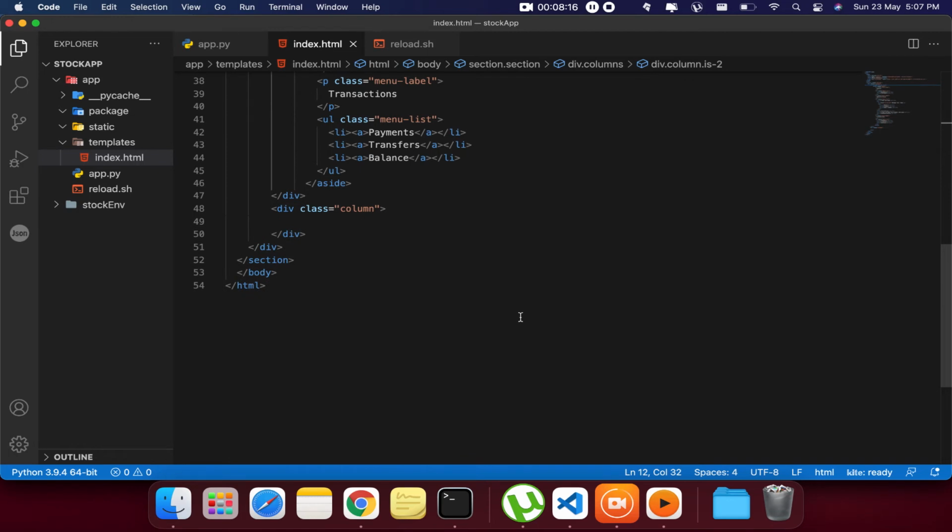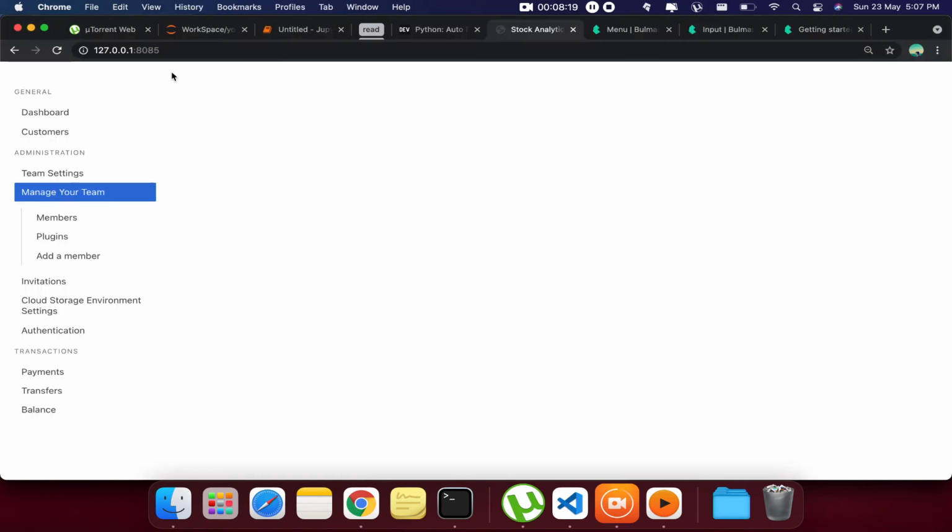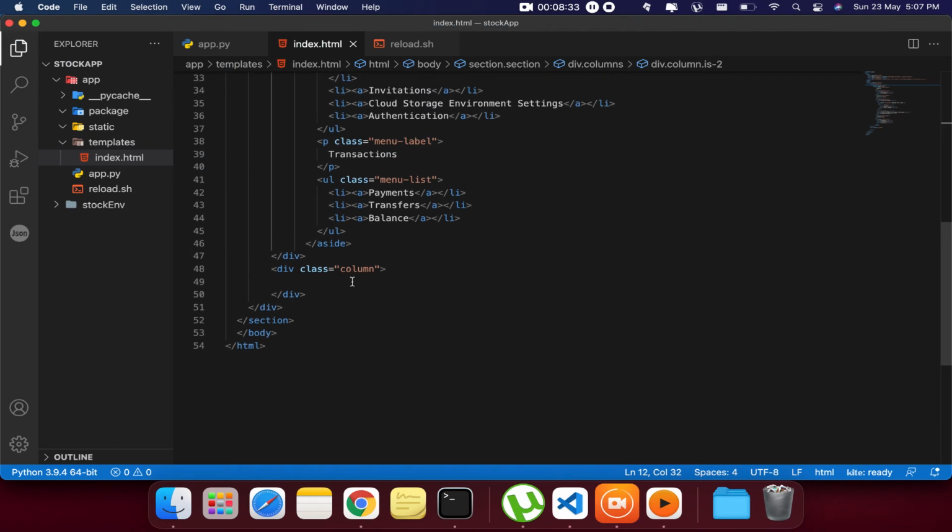Now let's do one thing, because this part, whatever we are seeing here, will remain constant, right? We don't need to change it anytime. So we'll use this as a template. This will be constant for everyone. So how can we do that? In the next column, this is the part where we'll make changes, right? This is a blank part. So here we will create one tag called block body, and we need an end tag as well,